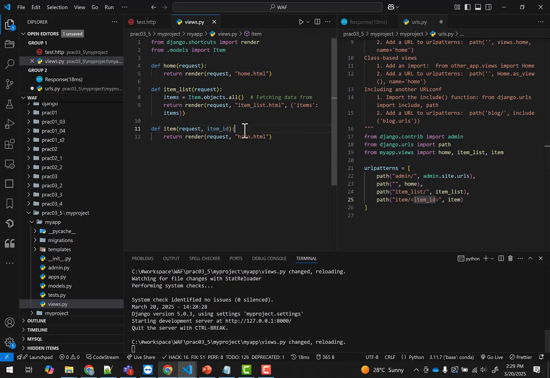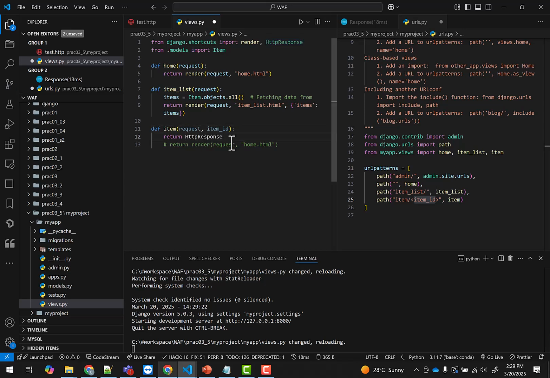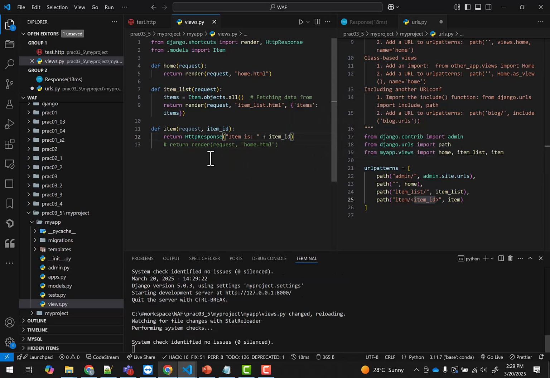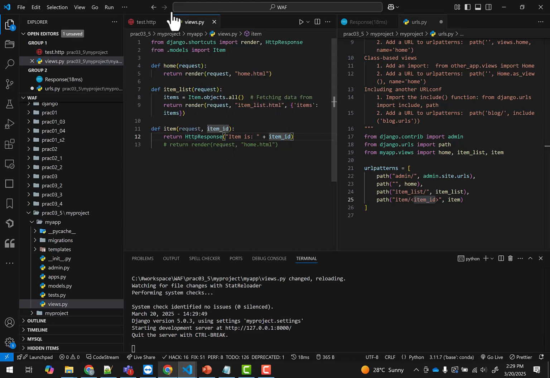Now before we run this code, let's try to return this ID back to the client, so that when you send a request, if you get a response with the item ID, we know the server has correctly captured it. All right, so let's return an HTTP response. I'm going to say item is, there you go. So that's it. So if you send a request now,